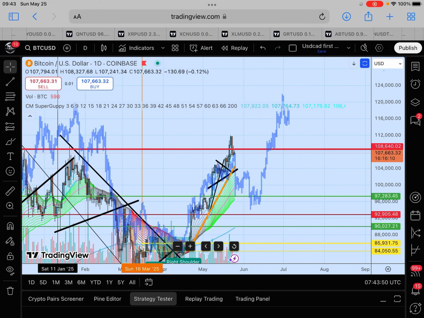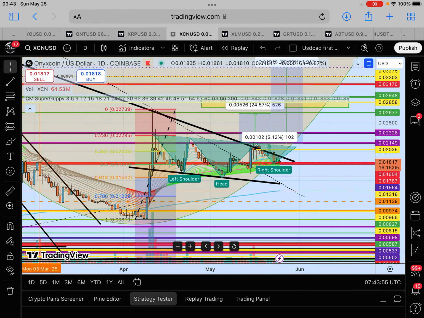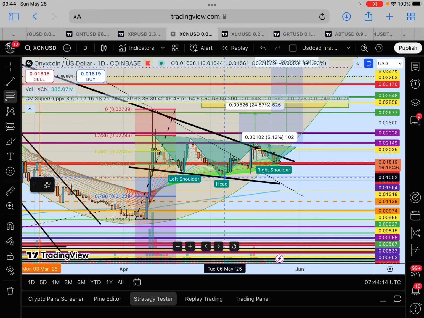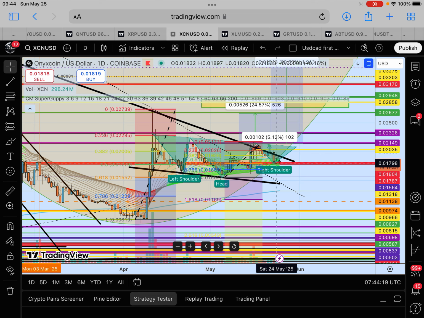The first one we're going to be doing in more detail is XCN. So XCN, I believe, is filling out an inverse head and shoulders. We could see this not play out and we could move lower, but I believe we have some strong support on this 0.0143 area. With that, we could see that retrace. If we're going from the bottom to the high of this, we're taking it from here up to the top. And if you look at it right on this red line, we are actually seeing that it is at the 0.618 on the Fibonacci retracement, which is typically where we see a bunch of changing or sell-offs or buying